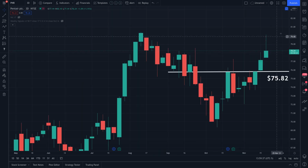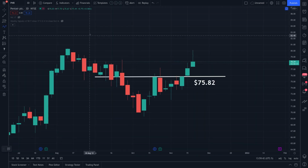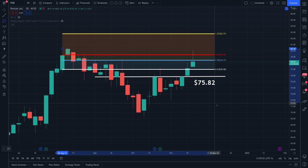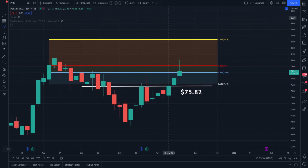Okay, now let's see if we can get a price target. What I'm going to do is very simple. Pull out my Fibonacci retracement tool, take the swing high here at about $80 and measure it down to the swing low to pull out the 1.27 Fibonacci extension. And as I do that, the price target is going to be $83.36. So that would be the conservative price target to continue the trend within the next 2 to 3 weeks